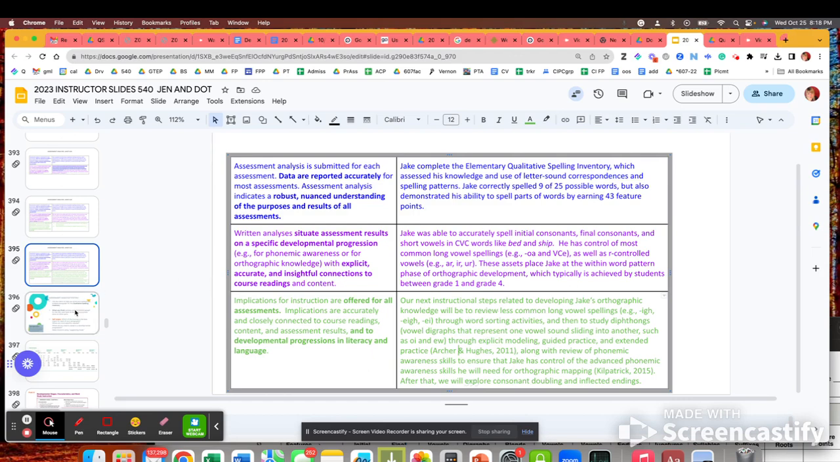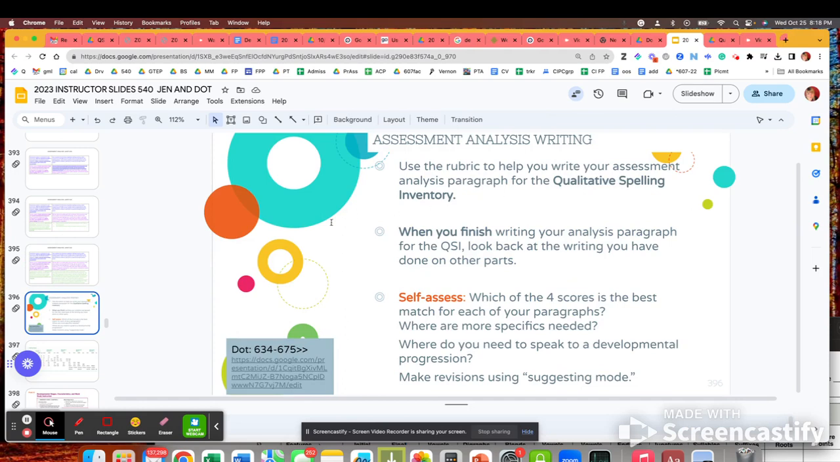So I want you to take some time to score your own assessment and then use this model to help you write your paragraph and then self-assess. You can look back at all the items that you've written so far, the analysis items, and see where you think that you're landing and where you might want to improve. Okay, I hope this is helpful. And yeah, enjoy it. It's really fun to see inside their